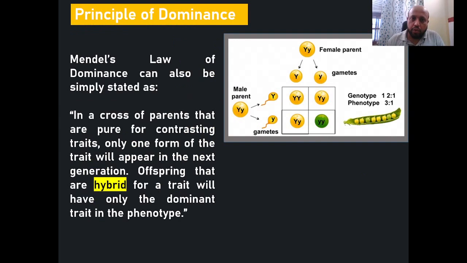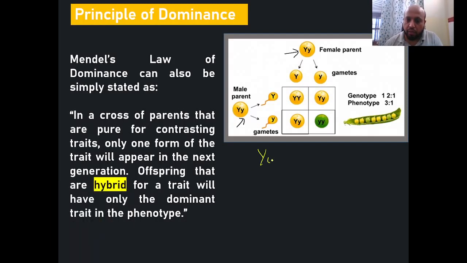Now let's move ahead. The principle of dominance, which you can see here, is being explained here as well. So this is Mendel's law of dominance. As you can see here, this is a change of color. So this is a female parent, this is a male parent. Here they took the seed color into consideration. So when they took this F1 plant, okay,